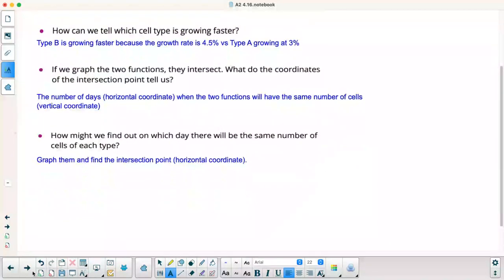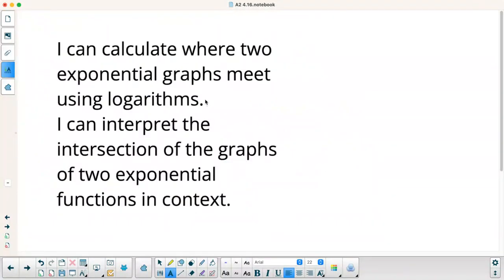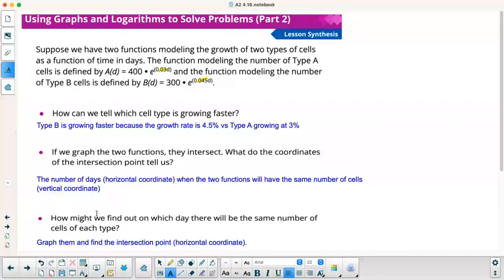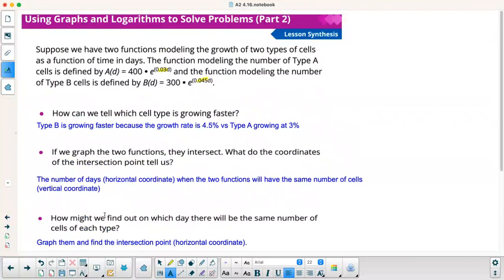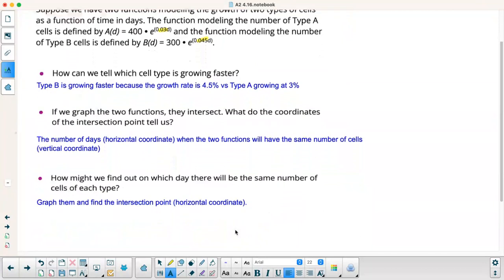Okay. All right. So our goal: I can calculate where two exponential graphs meet using logarithms. I can interpret the intersection of the graphs of two exponential functions in context. Okay, I'm going to actually go back. I'm going to do this here with algebra instead of just looking at the graph. So if I set these equal,